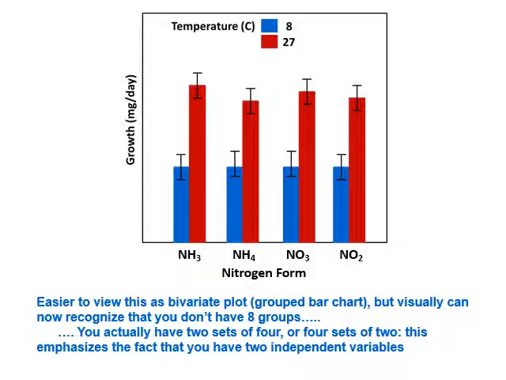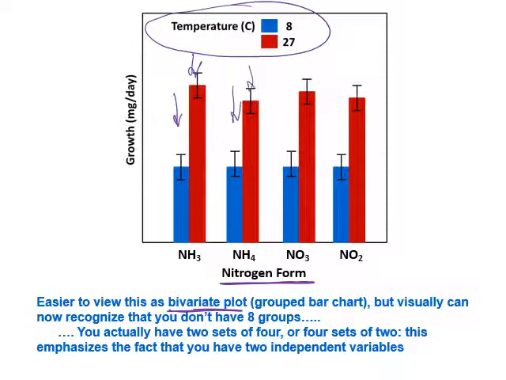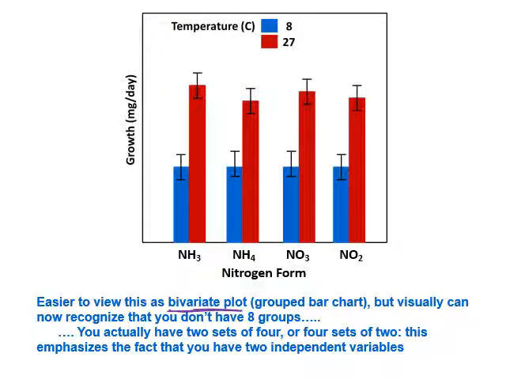So one way to resolve this is to do this as a bivariate plot, what you call a bivariate plot. Now what we have is nitrogen, say, on the x-axis, and we represent the other independent variable, temperature, as 2 different series, right? In each pair of bars, the blue bars represent the 8 degrees treatment and the red bars represent the 27 degree treatment. You can now recognize that in one sense now you don't really have 8 groups here, right? What you have are 4 sets of 2 or 2 sets of 4, depending upon how you want